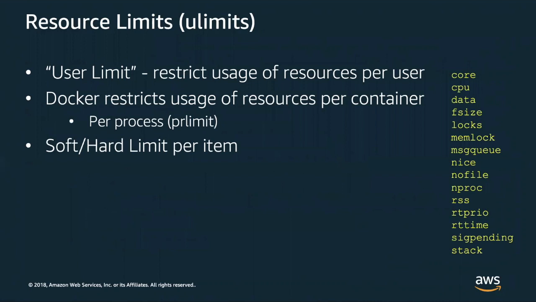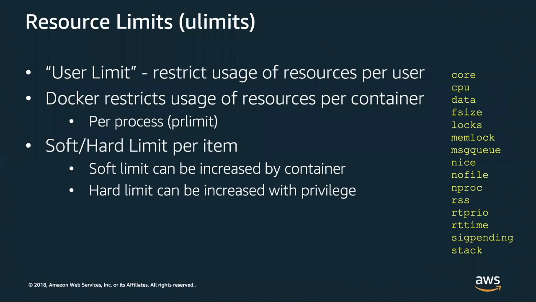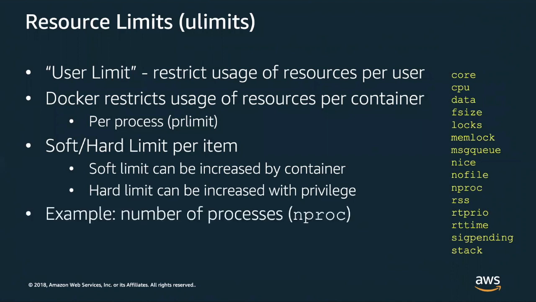You can tune it as you need to with soft and hard limits. Hard limits you'd normally set down at the operating system level. Soft limits are things that containers can be given privilege to tune themselves, such as being able to scale by increasing the number of processes they're able to launch. What you want to do there, of course, is by limiting the number of processes, it stops an attacker compromising an environment and causing it to fork bomb itself. So you can do fork bomb prevention by limiting process count.